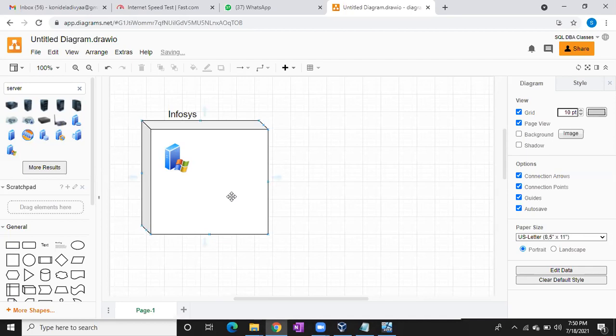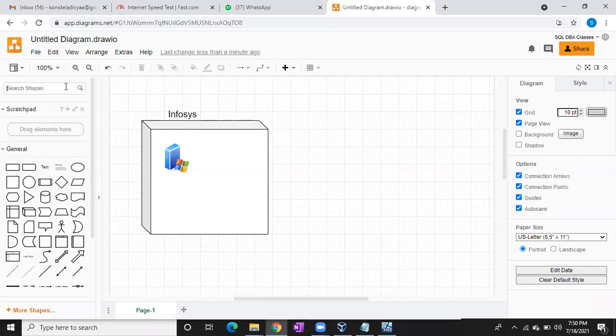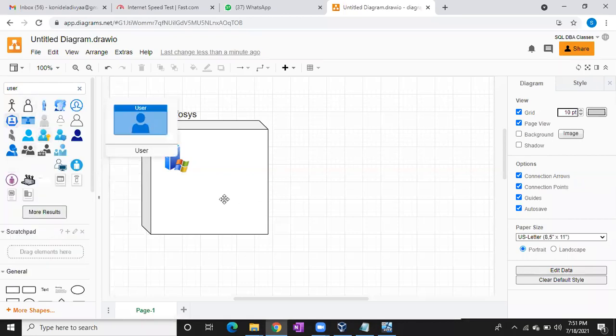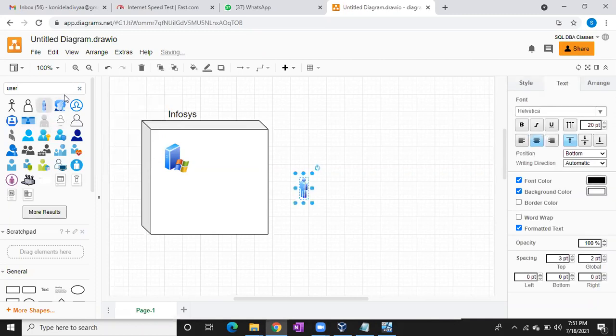Now, what do we have to do if we are going to work from office, or how do we connect to the servers if you are working from home? Right. So you just go to the office location. Okay, user, you are the user. Due to corona we are unable to go to the office, right? Before corona, you just went to the office, right?